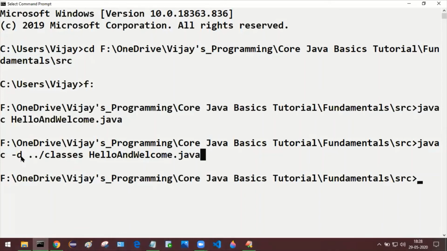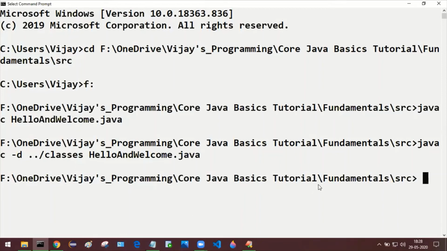So we have generated this .class file, and now we are going to run that file. How can we run that file? If you don't use that -cp option, what you need to do is go to the particular folder location where that file is kept. Let me show that.